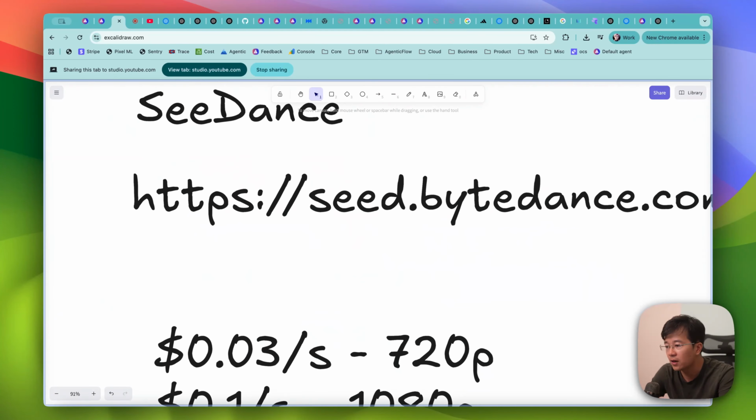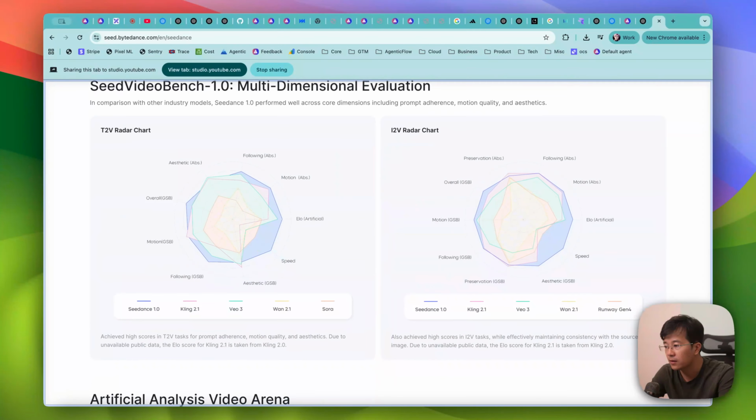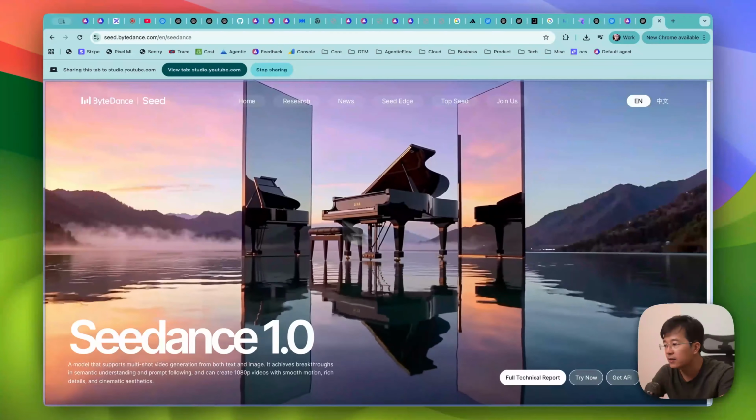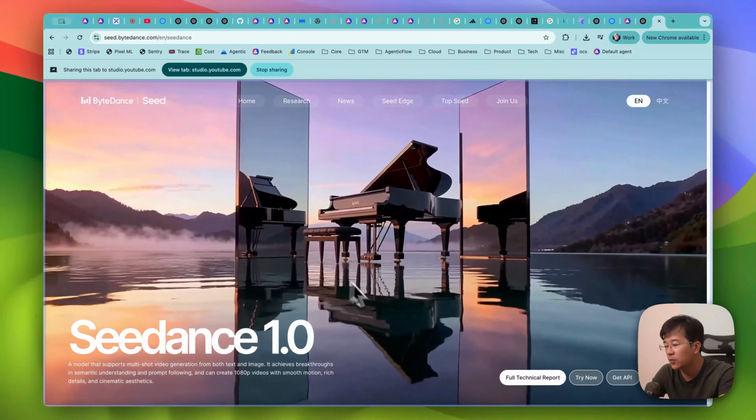You can create this one, you can create this one, and do some native multi-shot and some stylistic expression. Yep, and this model was developed by ByteDance, the company behind TikTok. So they have a lot of data, and actually they created this model.